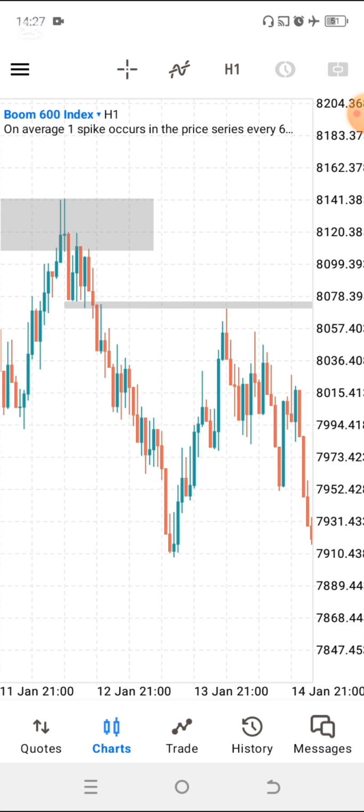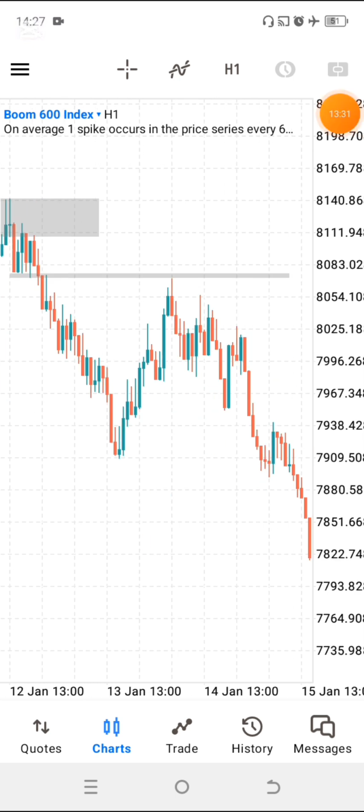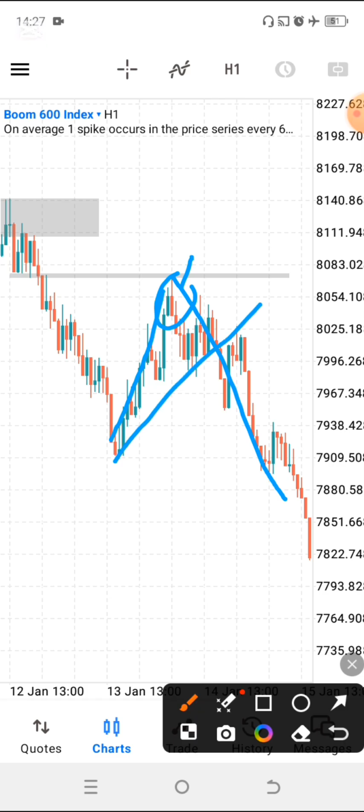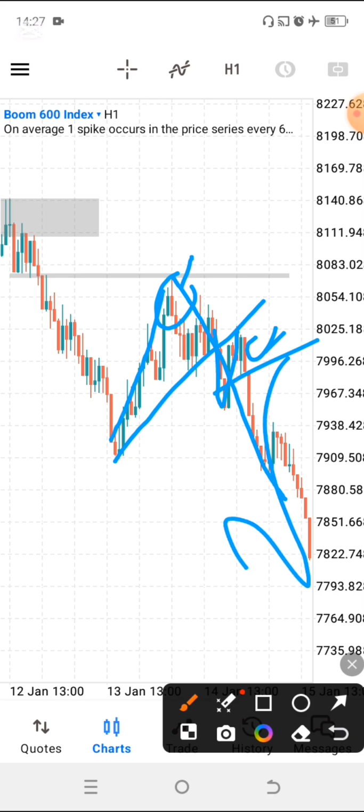So if we are already at our confluence zone, we will be able to get our entries over here. We've got a pullback to that area over here, and then a slow down in momentum, a wick to the upside and then an engulfing candle down to the downside over here. So we would have had our entries. A trend line also over here: breakout of that trend line, retest, engulfing candle, you continue going down.